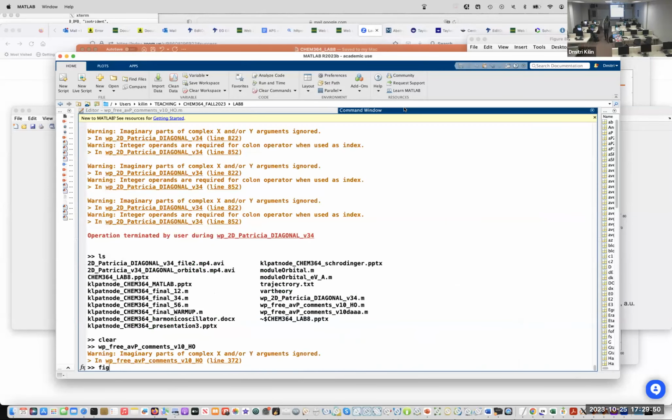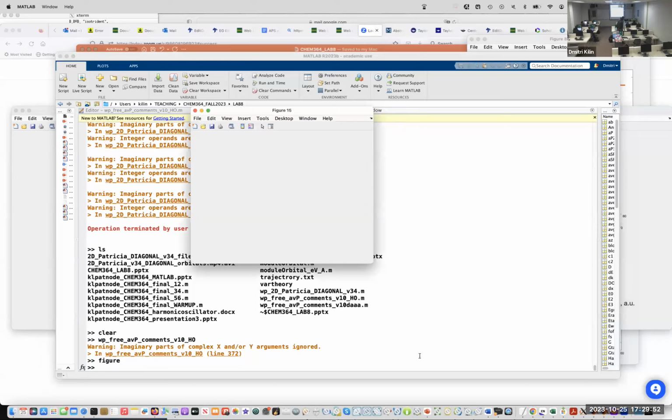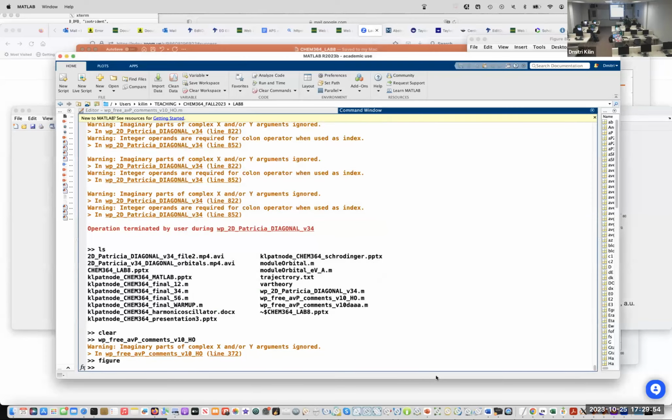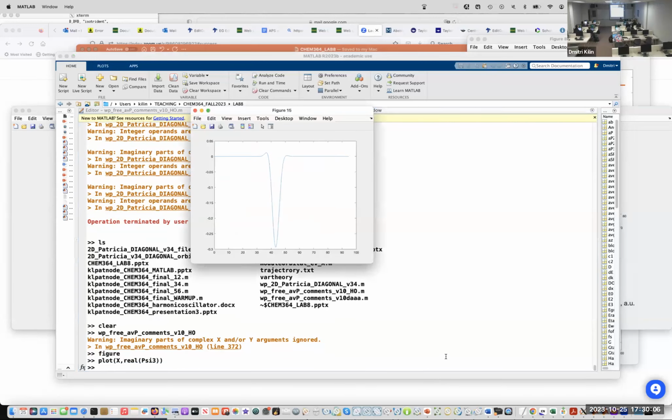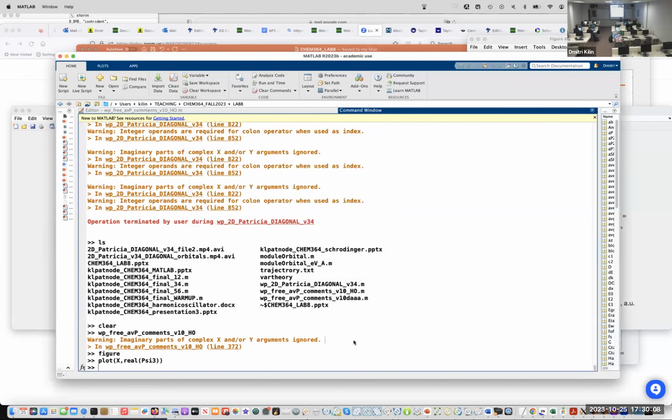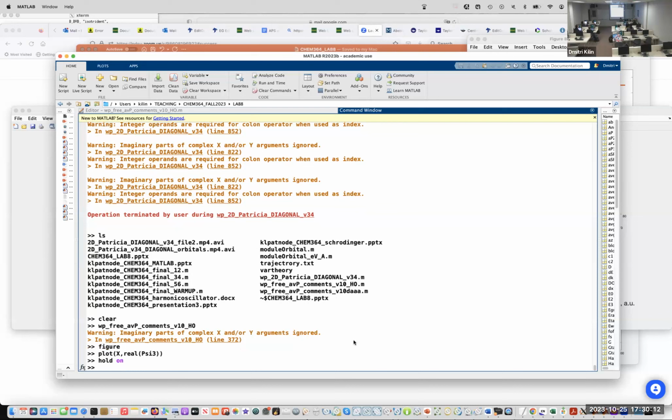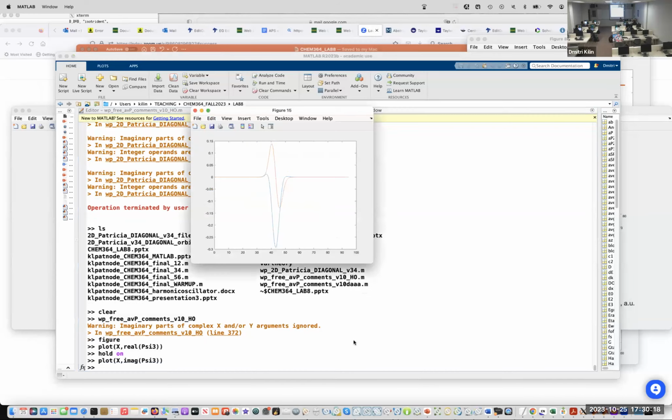So figure, maybe I think we were doing it last time, right? So plot real of psi3, and imaginary of psi3.